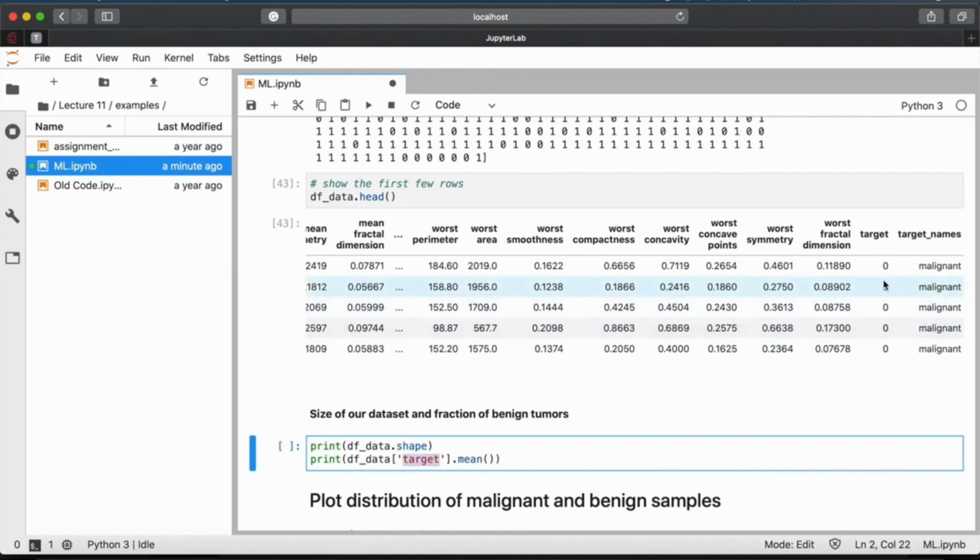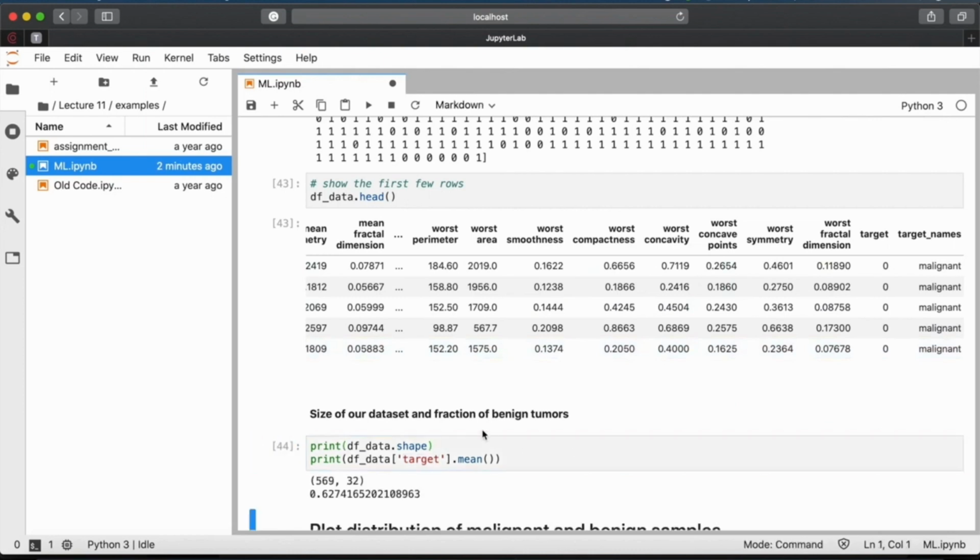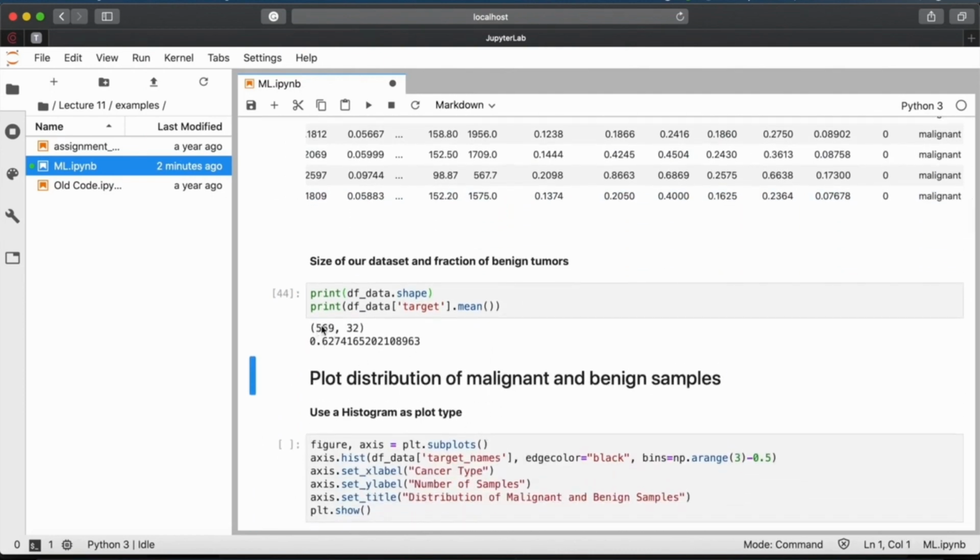Since you see here, 0 means malignant, and therefore 1 means benign. And if we calculate the mean over this binary column, we get the fraction of benign tumors. So let's execute this. So we see we have roughly